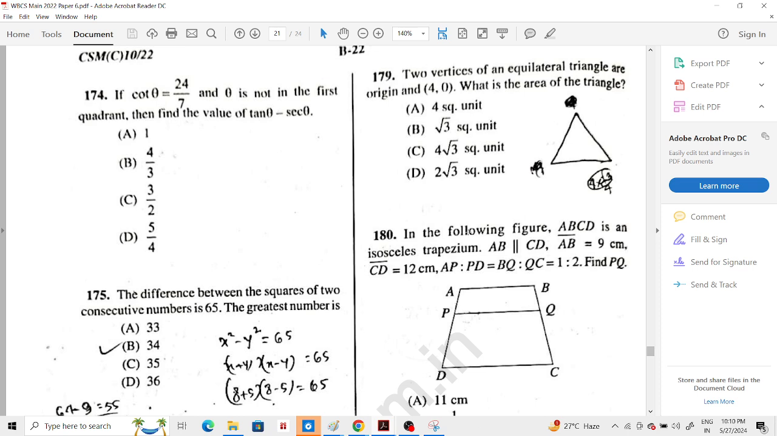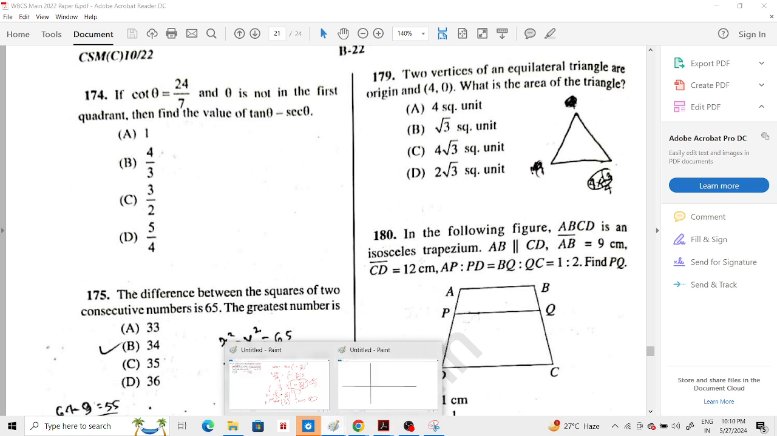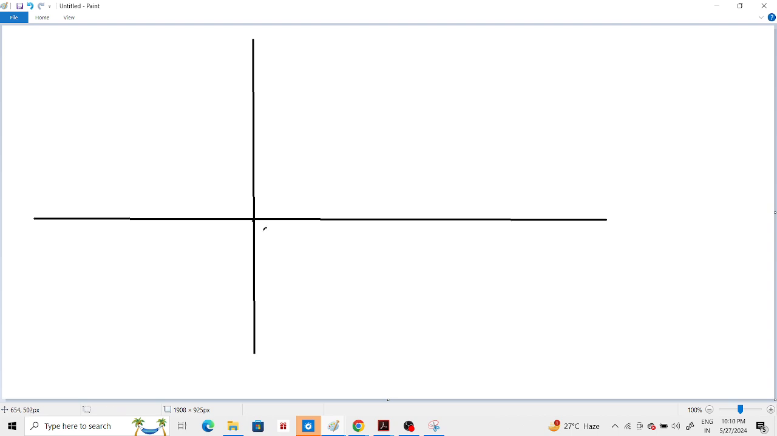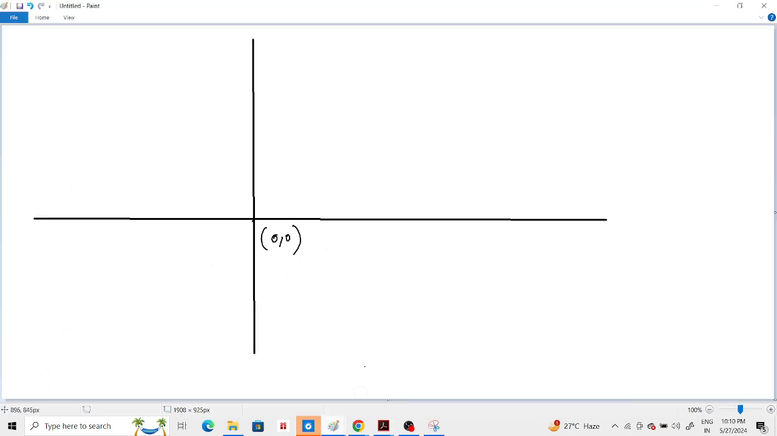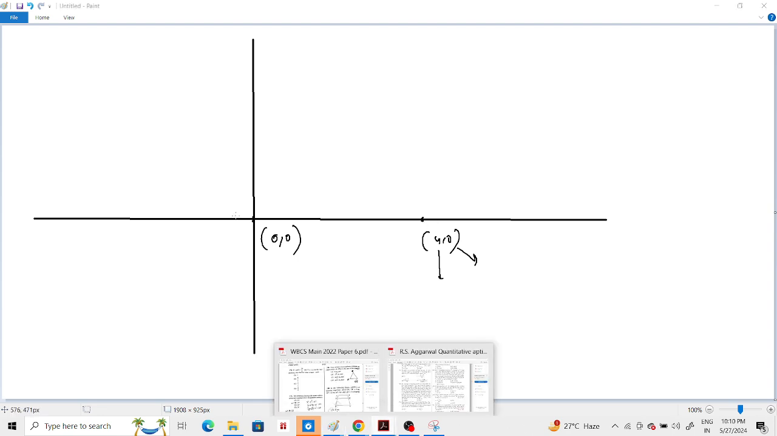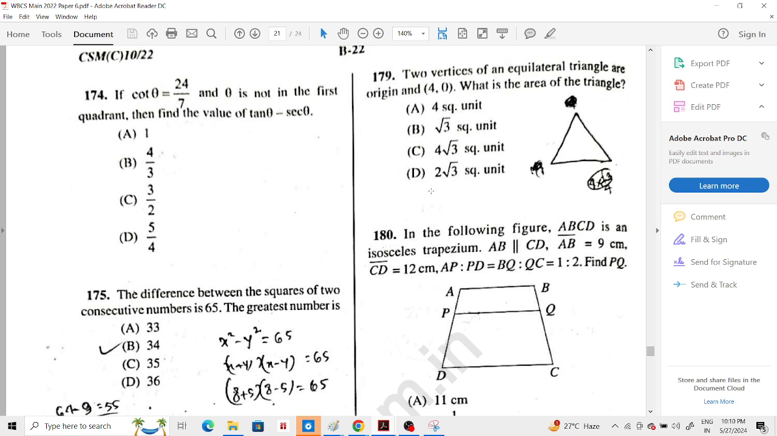মানে দুটো ভার্টিসেস আছে। এটা একটু কোঅর্ডিনেট জিওমেট্রি টাইপের অঙ্ক, ঠিক আছে। একটা ভার্টেক্স হচ্ছে অরিজিন, and the other one is 4,0। এইটা হচ্ছে 4,0 কেন না এক্স অ্যাক্সিসটা আছে, ওয়াই অ্যাক্সিসটা 0।